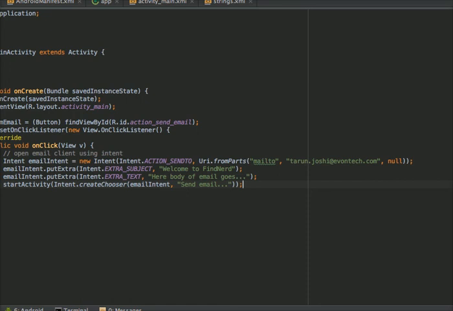The createChooser method will open all the applications in your phone that can handle the email functionality. So I will run this program.